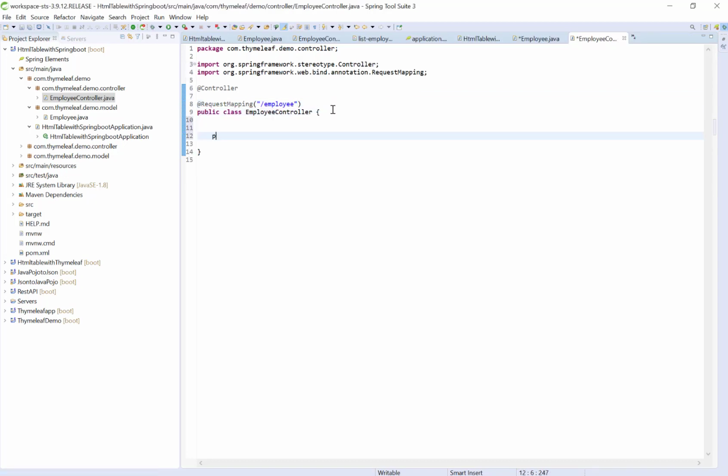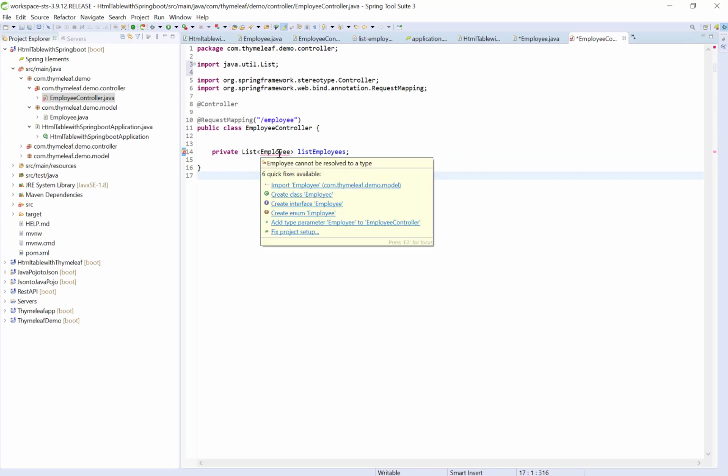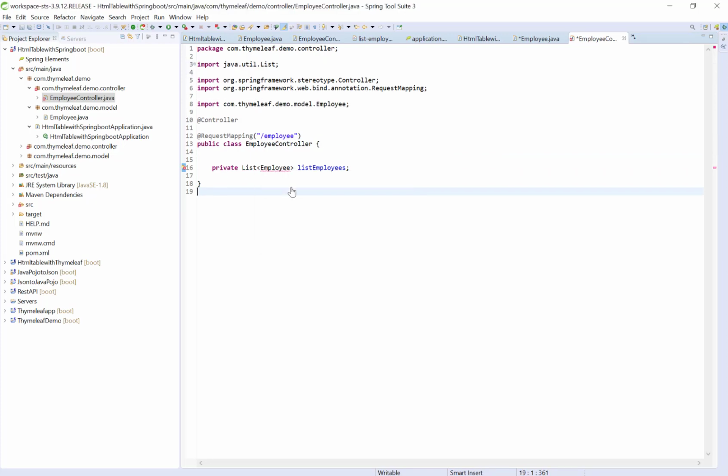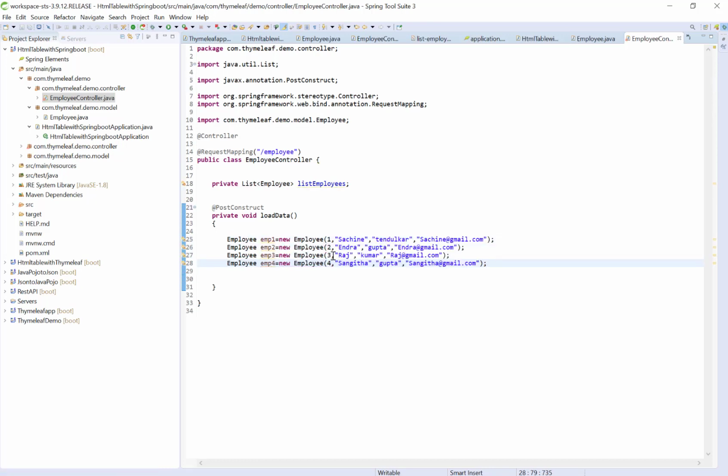Now, I will create a list variable. Now I am writing one method here. For this method I am giving @PostConstruct. Inside this method I am going to create the employee object. Now I will create one ArrayList.